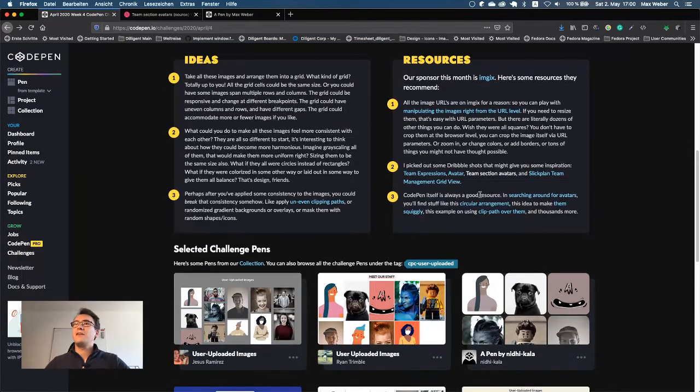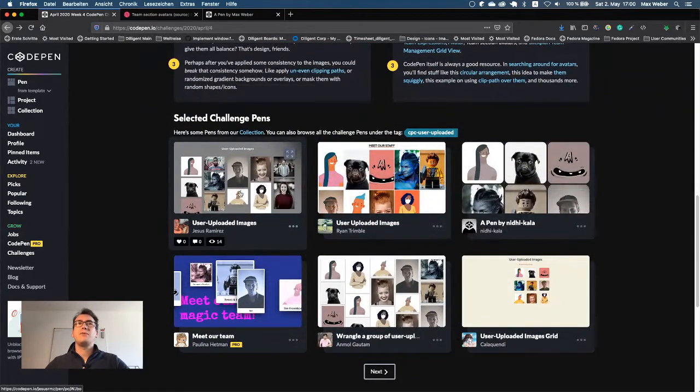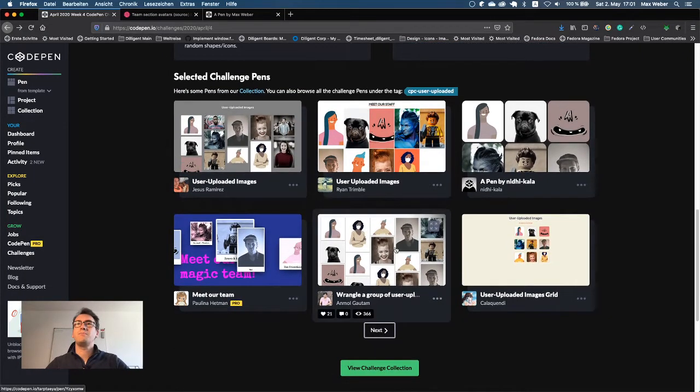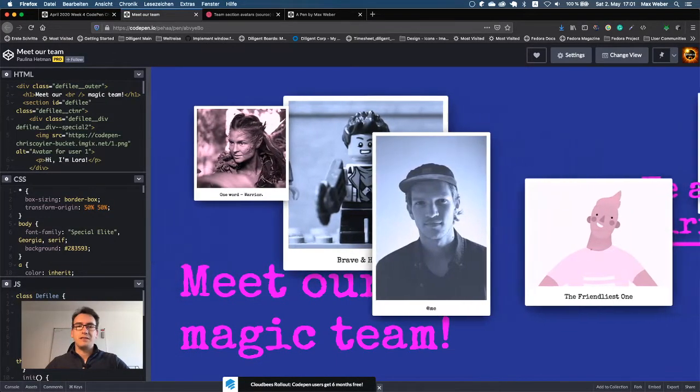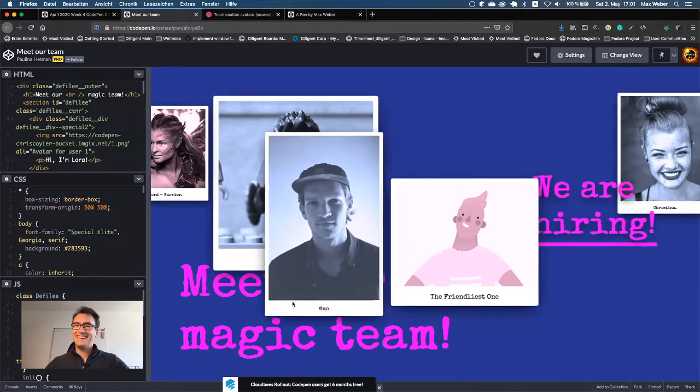So also we have the solutions for this week, because the challenge is already over, so there are plenty of solutions, but with basic HTML, CSS and JavaScript, I assume at least that most of them are. So let's jump, for example, in this one from Paulina. And as you can see, yep, HTML, JavaScript and CSS. Perfect.